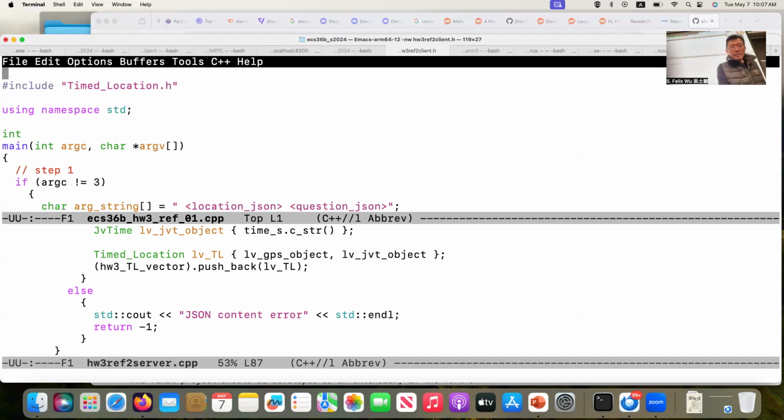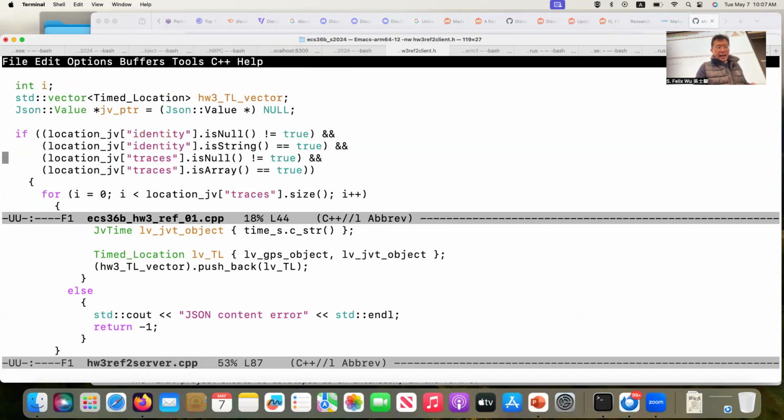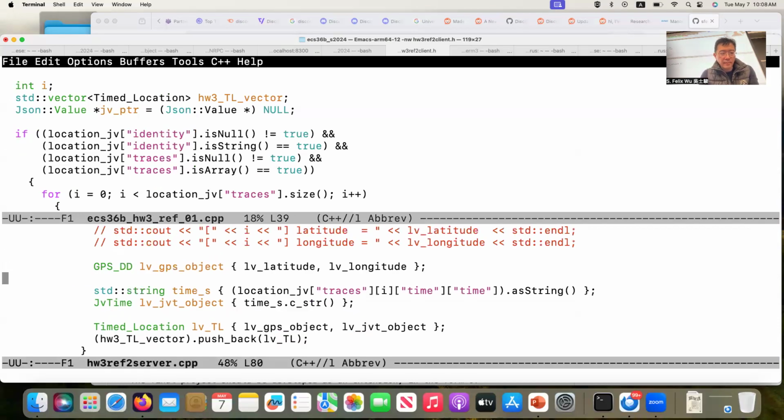All right, so this is a program before we do the split. But if you look at this program, I have this array here, called time location HW3 TL vector. You see that parameter is there, about 2 lines above this check. So let's take a look at the server side. On the server side,